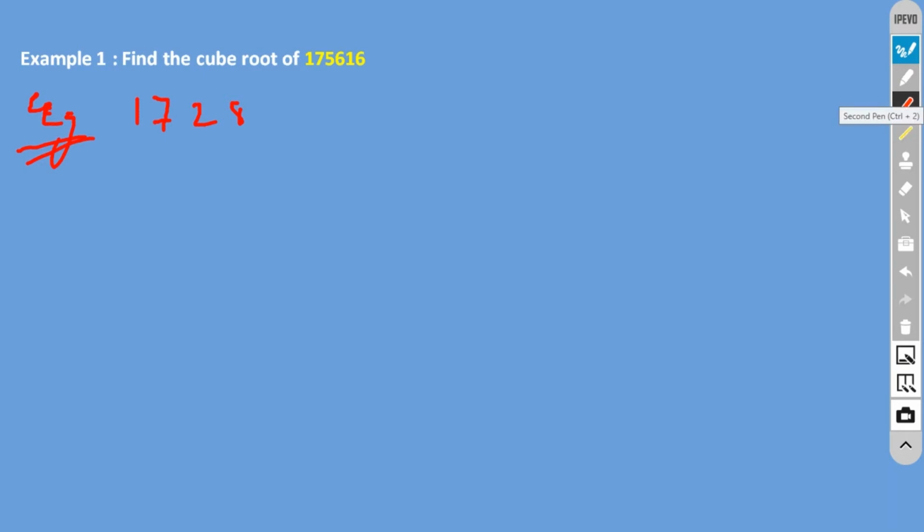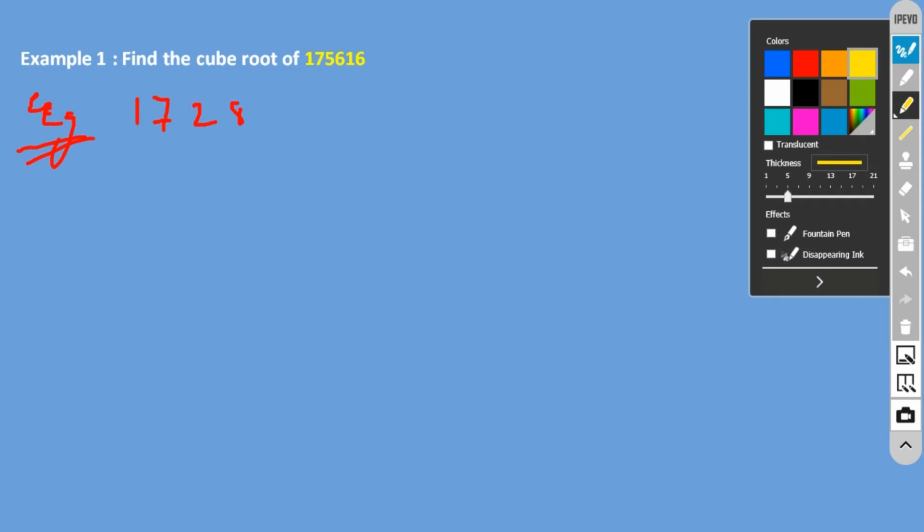Again, what we are going to do is bifurcate this number into groups of 3. From the right-hand side, the number is 728. And what number is left? That is 1. 728 is the first group, and 1 is the second group. Don't worry if 1 doesn't have two more digits. Still, we can find the cube root. Okay? So again, the first group is